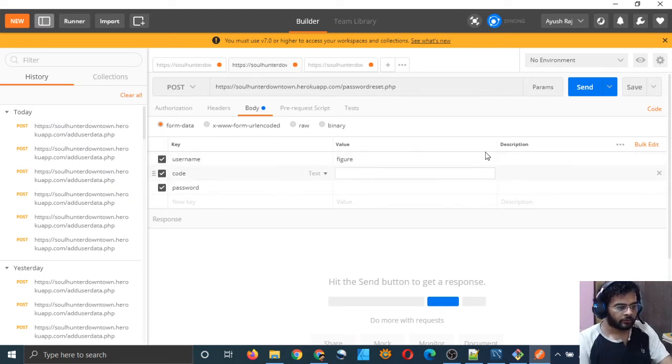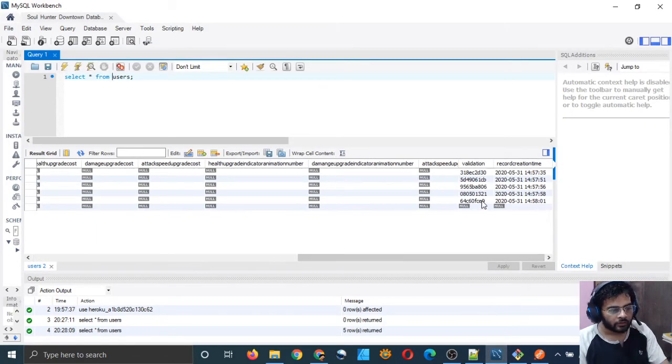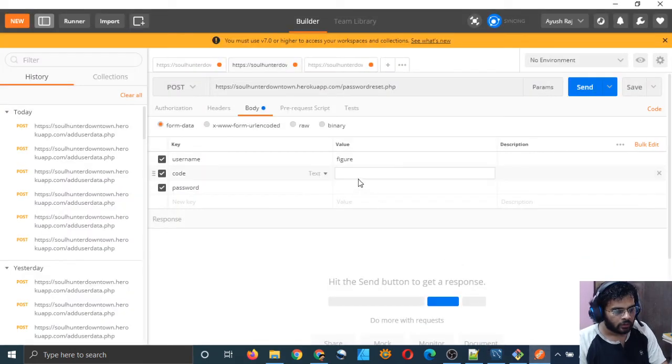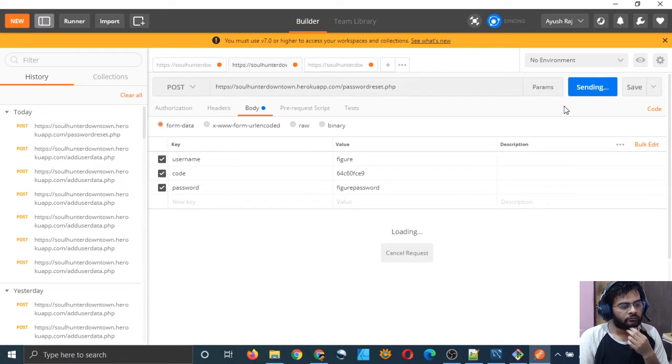And the code for figure is, let us see, this. So I will just copy it. I hope it's copied, and I will paste it. And the password, which is a new password, not the old password, I will type figure password as the new password. So that should work, let's test it.